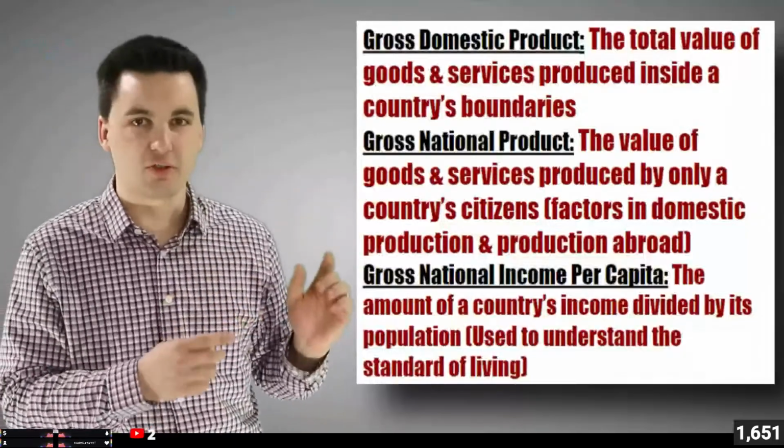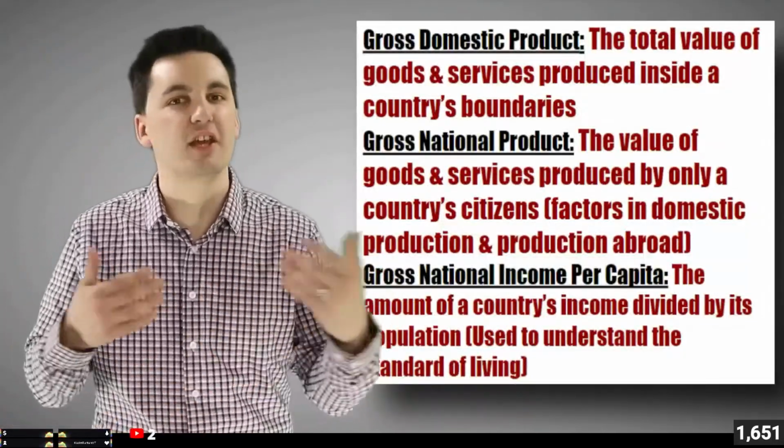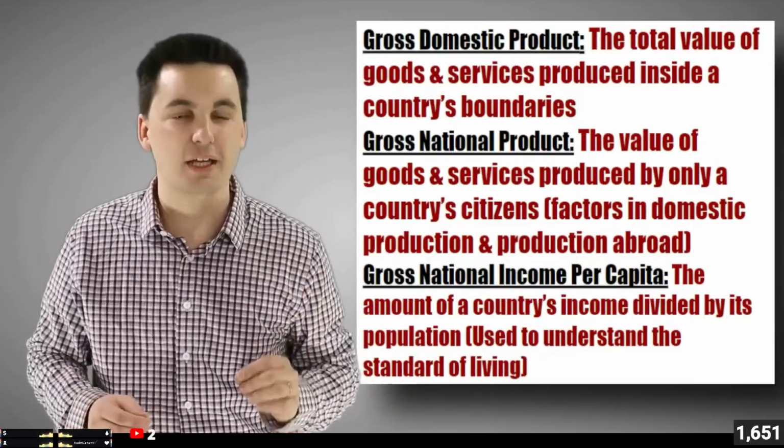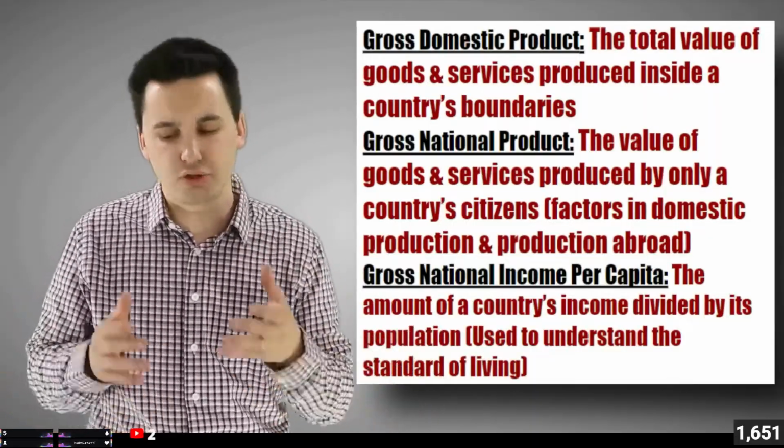Now on the screen right now, we have a bunch of different growth indicators. These are different ways to measure a formal economy. Remember that GDP is like taking the temperature of the economy. We're trying to see how things are going. The GNP is looking at the production of all the country's citizens, and the GNI is looking actually at the standard of living. These indicators help us understand what's going on with the formal economy of a country.